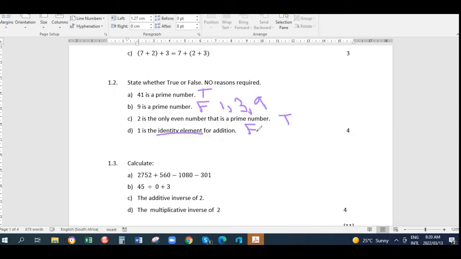1 is actually the identity element for multiplication. The answer is false. 1 is the identity element for multiplication, not addition. The identity element for addition is 0. So remember that. Now the next concept we're looking at